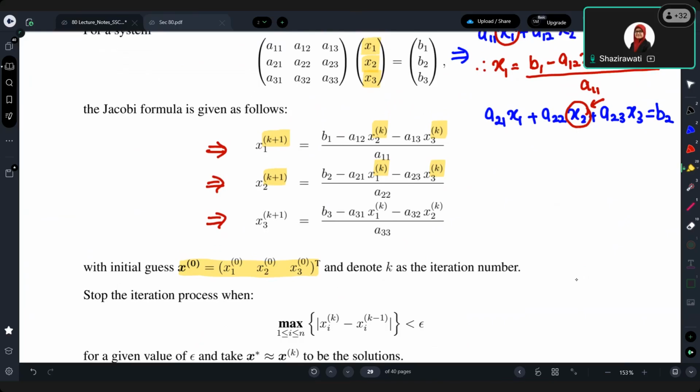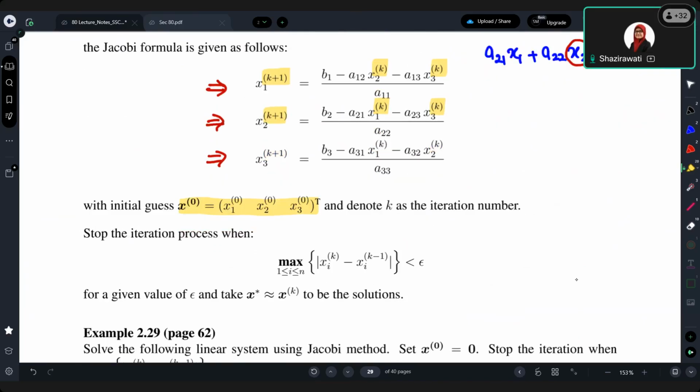So our unknowns are X1, X2, X3. So all three will be given: X1 at iteration 0, X2 at iteration 0, X3 at iteration 0. The value there will be given. Okay. And then the stopping condition. Since this is an iteration process, we need to know when we can stop. Okay. You can stop when you satisfy the